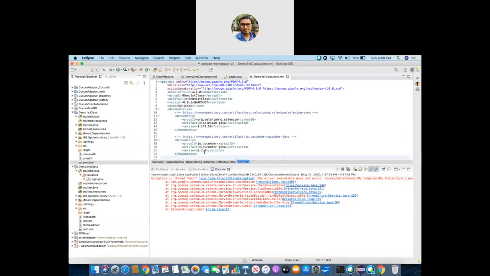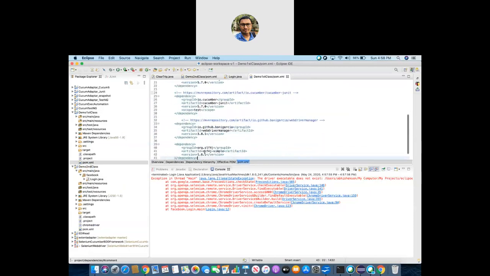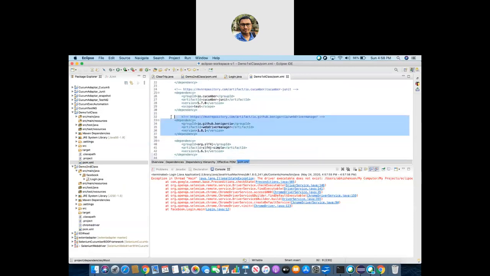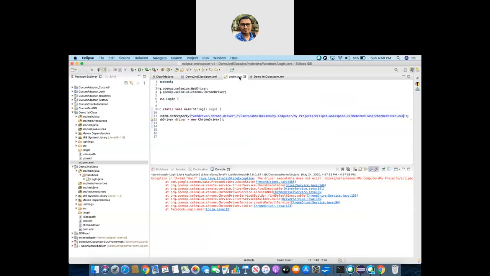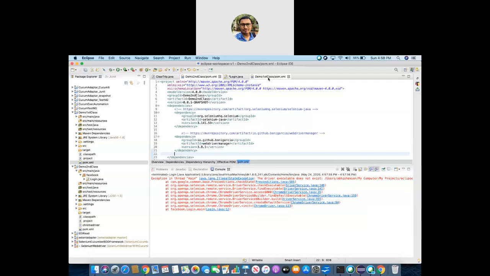So we have to use this dependency. Okay, this is the WebDriver Manager dependency. So let's do this. Okay, save it, and then you don't have to give this line at all. You don't have to give the path. Okay, the code for this is